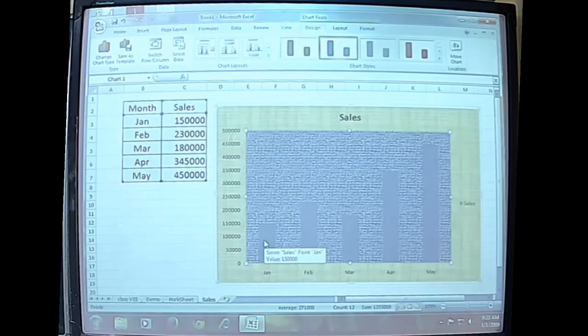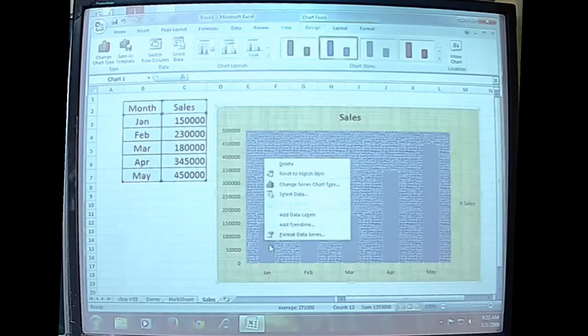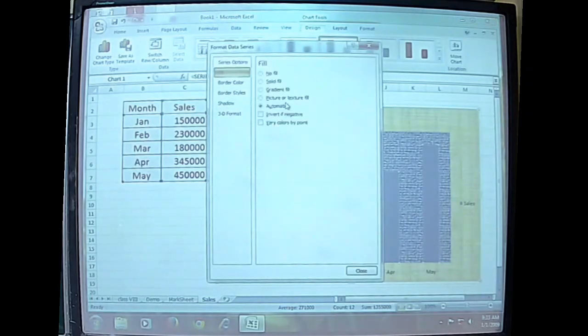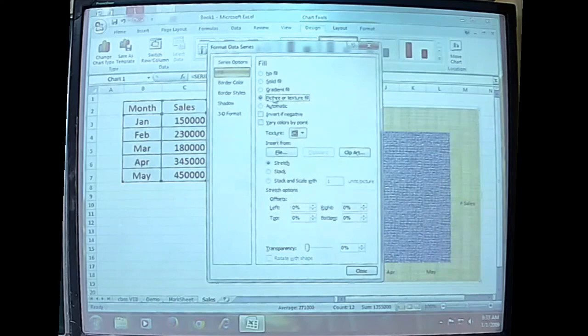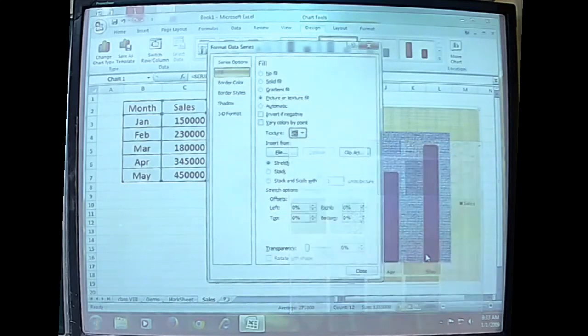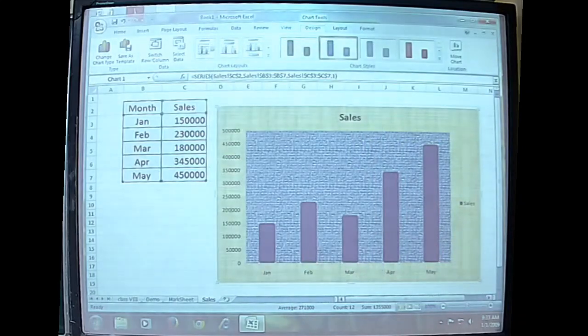And these are called the series. So the data series also can be formatted and it can be filled with a picture or texture fill. See, it is possible. See how it can be filled differently. That is how a chart can be designed as per our choice.